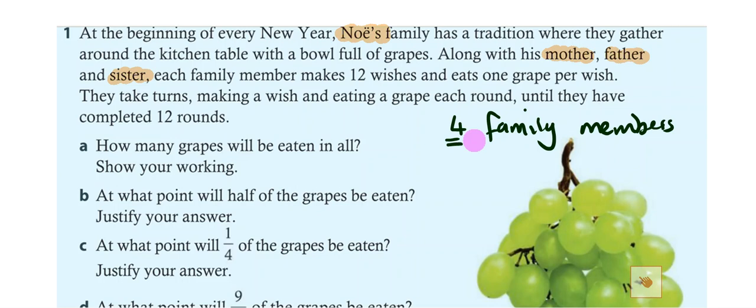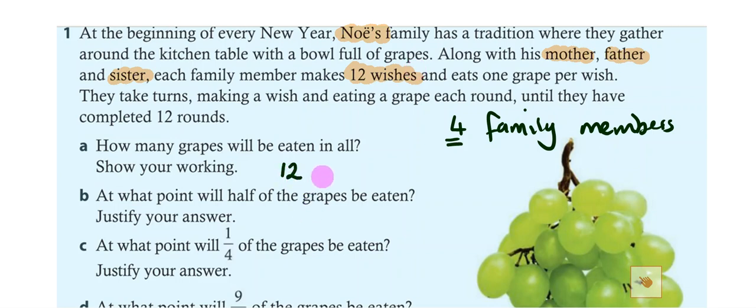Did you all visualize what's going on? So I'm sat there with these 3 squeaky ones, okay? I take a grape, I make a wish. The next one takes a second grape, then the next one. And once we've been 1 round through, it's my go again. How many grapes have been eaten? 4. And it says each family member can make 12 wishes, which must mean that we have